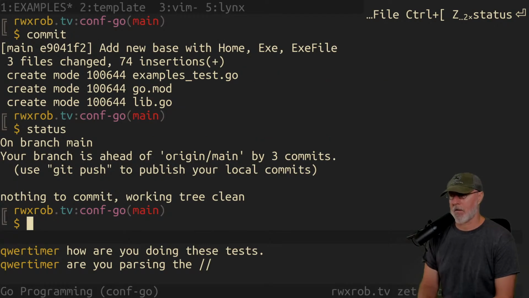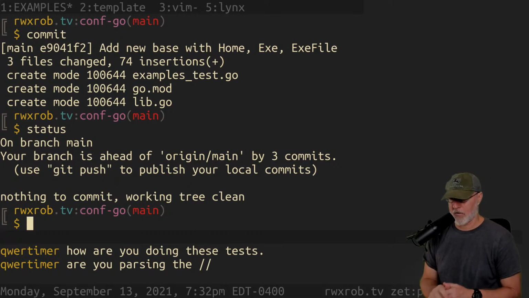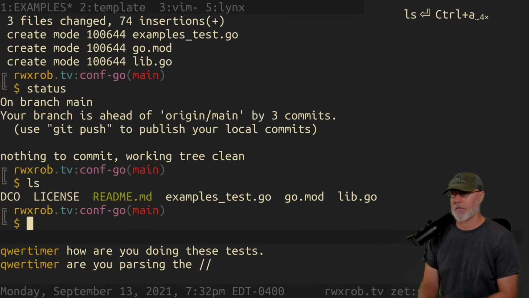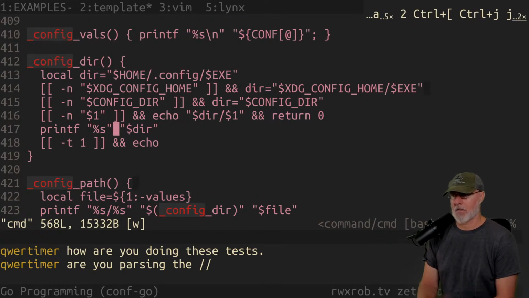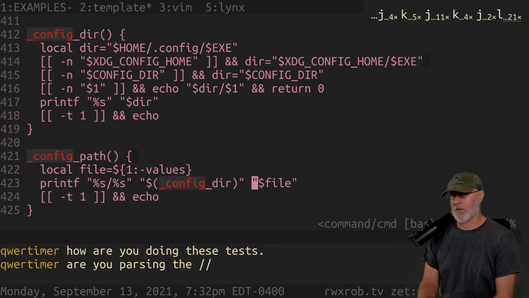All right, so yeah, we're kind of ahead because I'm making changes to the original one that was all JSON. So let's go back to our bash and have a look. This is done. That is ported. So what do we need besides dir? Well, we had path. Okay, so path was giving you the path to a specific file. We have that now. We have that called exe file, so it doesn't need to be called the same thing.